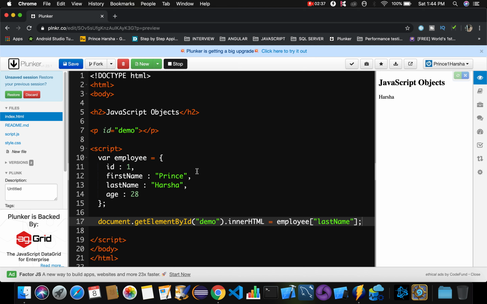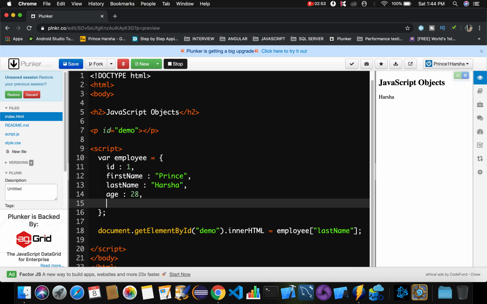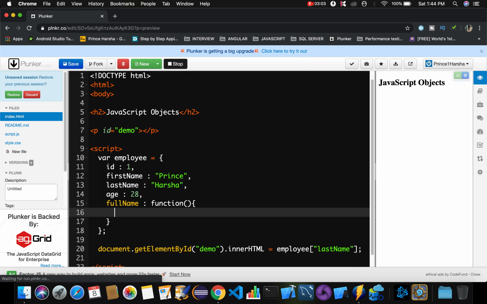Suppose I have an object method which I want to call, which I have declared inside an object. How can we do that? Let's see next. So what is an object method? An object method is a function definition stored as a property value. Stored as a property value means, for example, I want to create a property fullName, and this I want to pass as a function. I want to create a function for this which will return